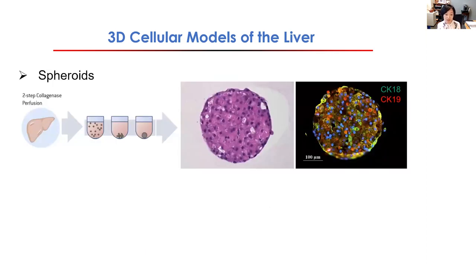So that's where we have the spheroid model, which is also a type of 3D cellular model, but it starts from multi-lineage cells. You just dissociate the liver and get a single cell suspension, and then if you spin down and have the cell aggregate on the bottom, they will grow or organize into this structure called spheroids. And you can see that they also maintain very well these different differentiation markers of hepatocytes.